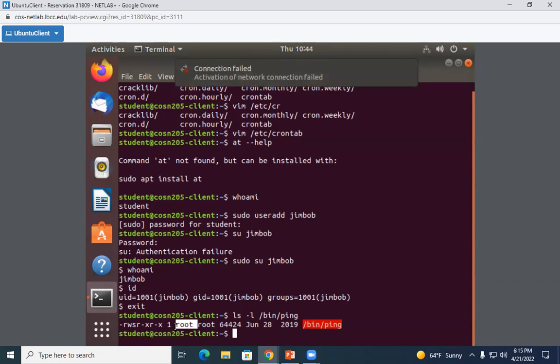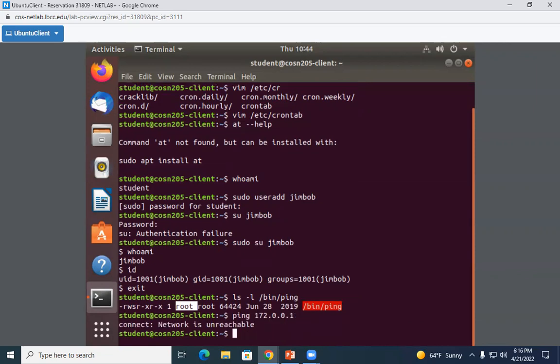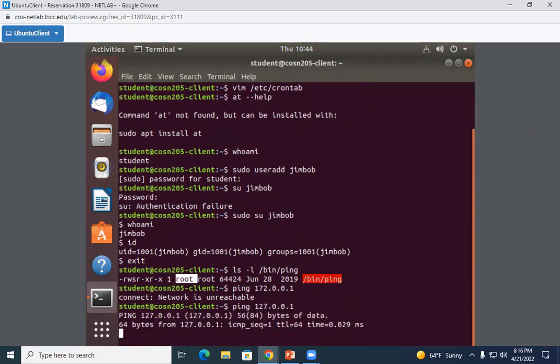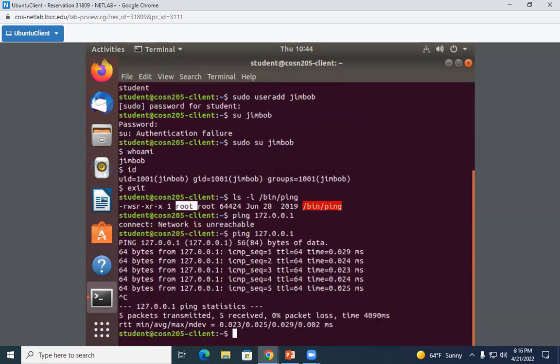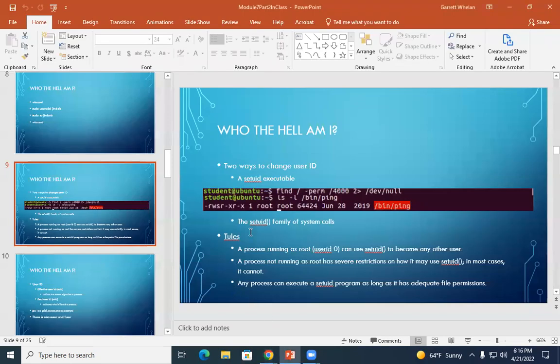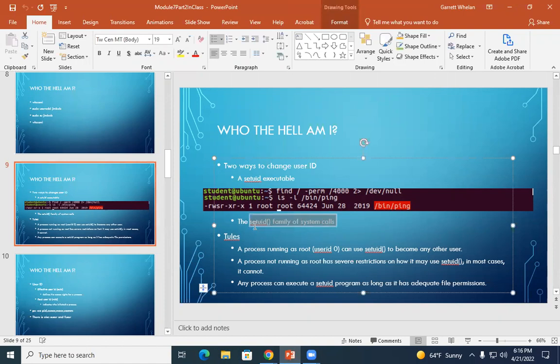So when I run ping, if I do ping 127.0.0. It's not going to find it. It's supposed to be 127. Right? This is running as root right now. It has to in order to access the network card. The other way that you can change your user ID is the set UID family of system calls, which